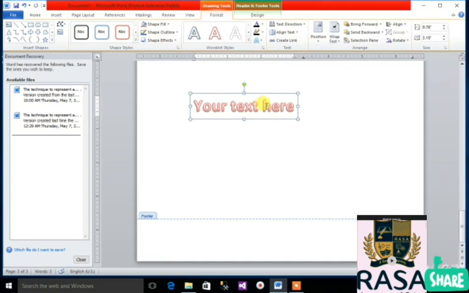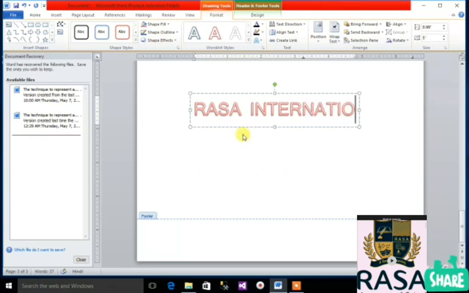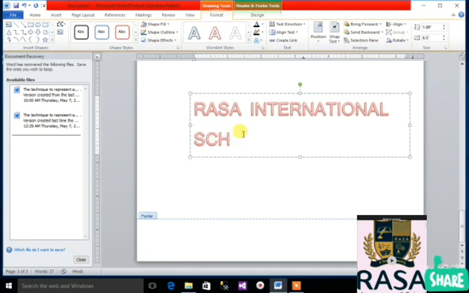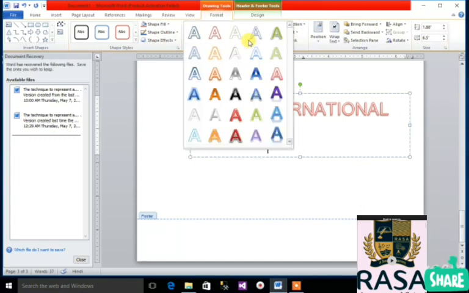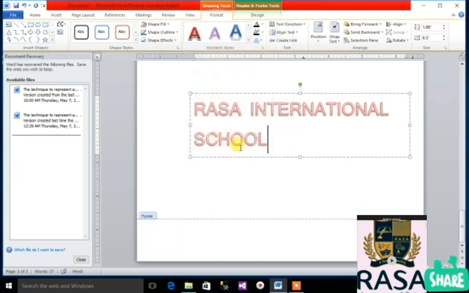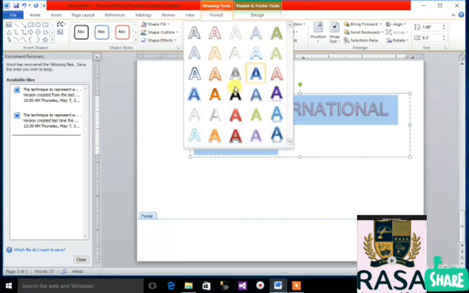Like if I'm writing here, so your text is like this. So you can design your text, you can change the color or anything you want to.